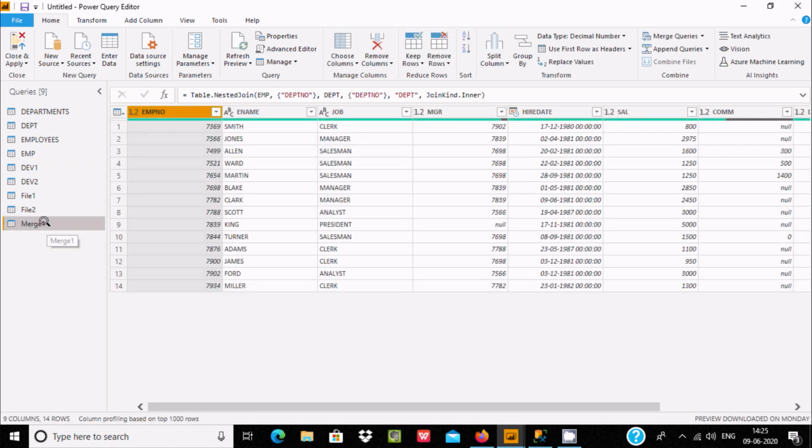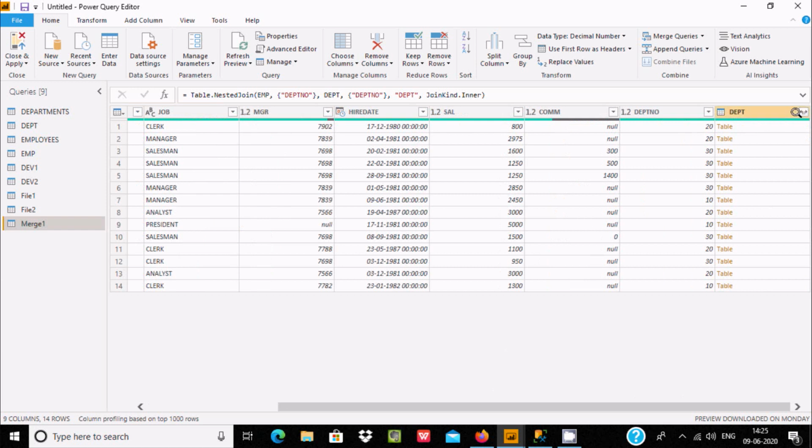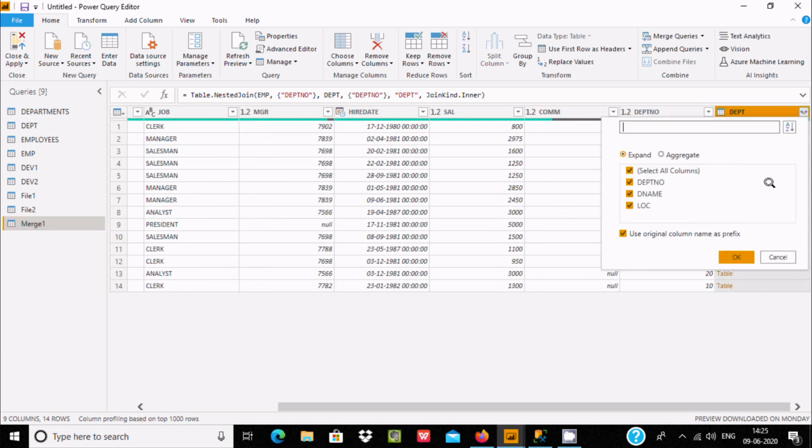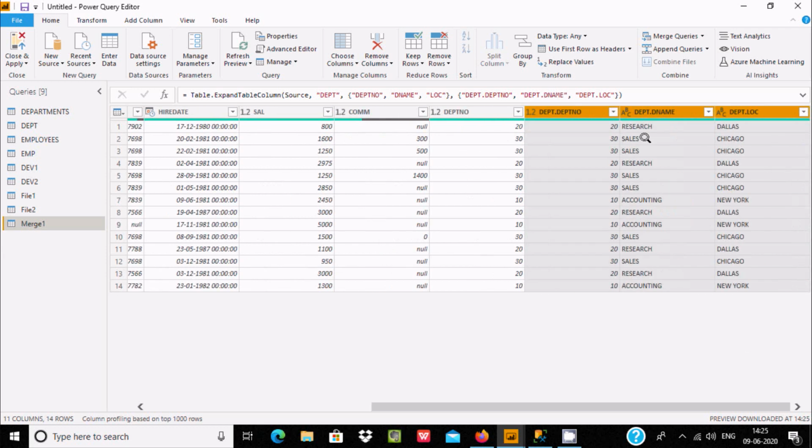Now a query opens, the name is Merge1, and here this is the EMP table record on the left side and the DPT record. If you want to see it, here is the DPT table record, and 20, 20, 30, 30, it's all matching values being displayed.